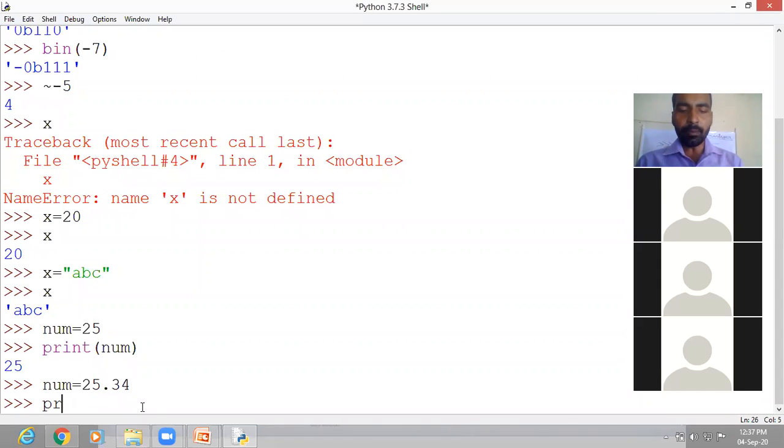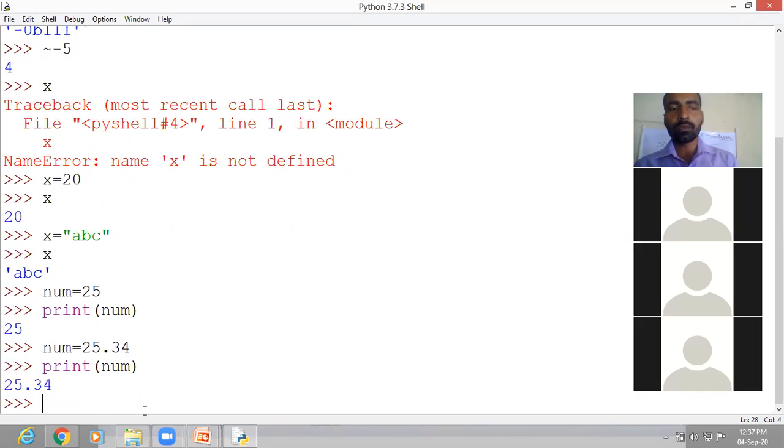Now if you print num, what will it print? It will print the current value, that is 25.34. It is not going to print 25. It will print this one because now you have changed the value.